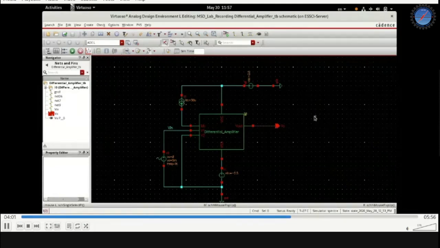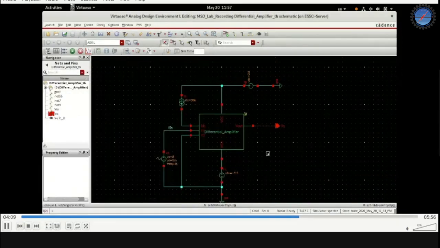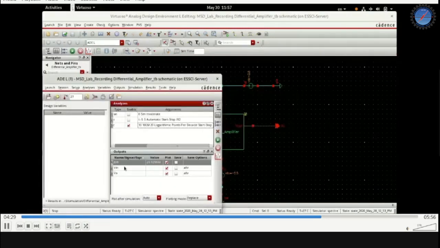Now let us go for the common mode response. Here, you can delete the wire which is connecting V2 to ground, and then just connect it to V1. Just short V2 to V1, so that both the non-inverting and the inverting inputs of the differential amplifier are connected to the same signal. This will be the common mode signal. Everything else will remain the same because we are essentially interested in the AC analysis. The range of frequencies will be the same. We can just run it, netlist and run.